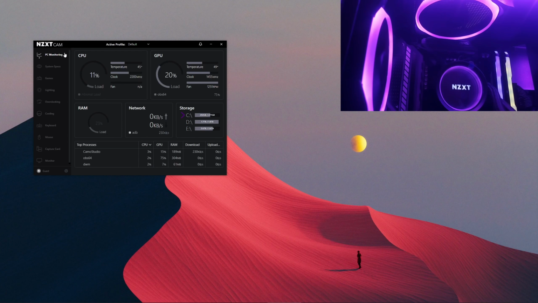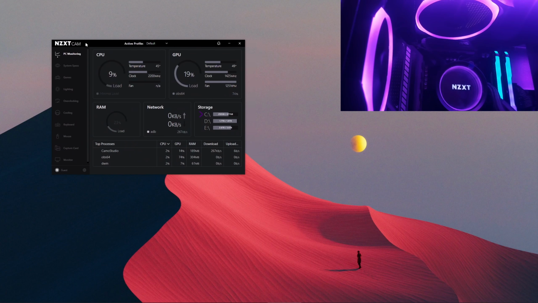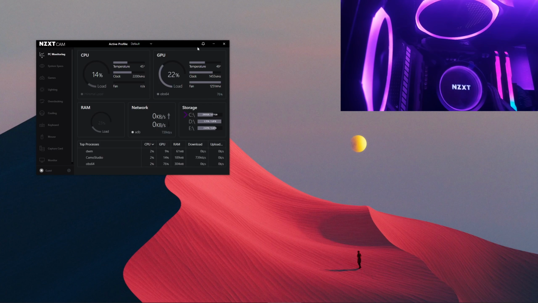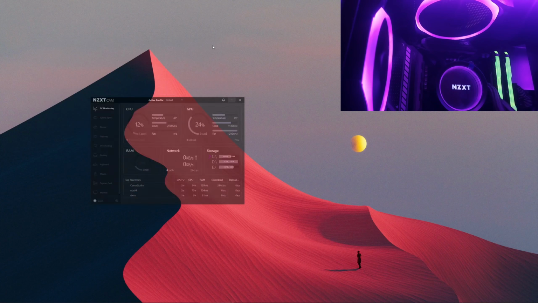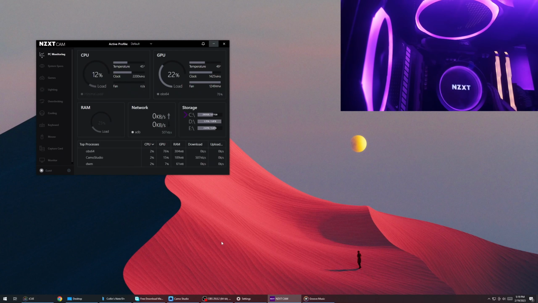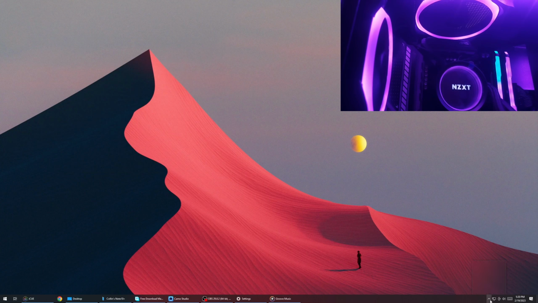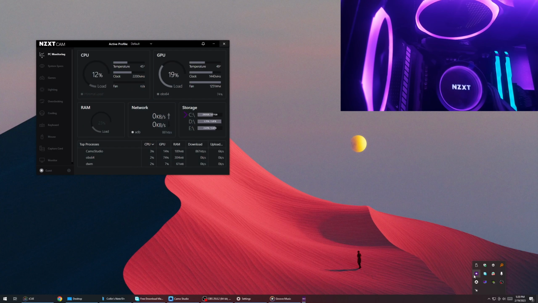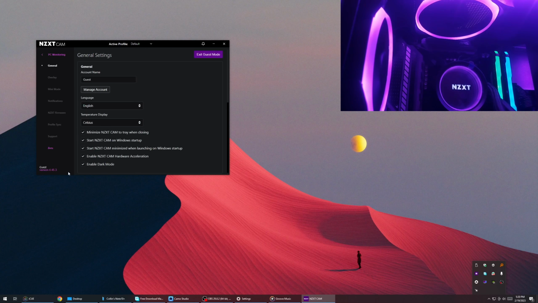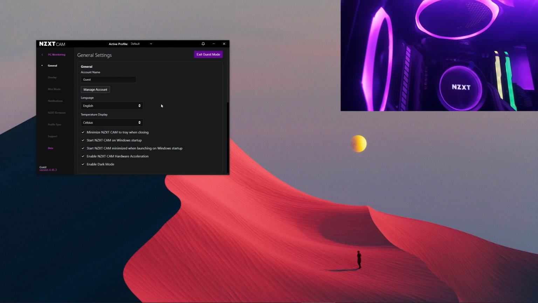The only problem with this NZXT CAM software is that you cannot maximize. You can't maximize and make it large. You can either minimize it, notification, or close it. Once you close it, of course it will go down to your taskbar. You pull it out here, and yeah, that's the only complaint I have with this software. But apart from that,